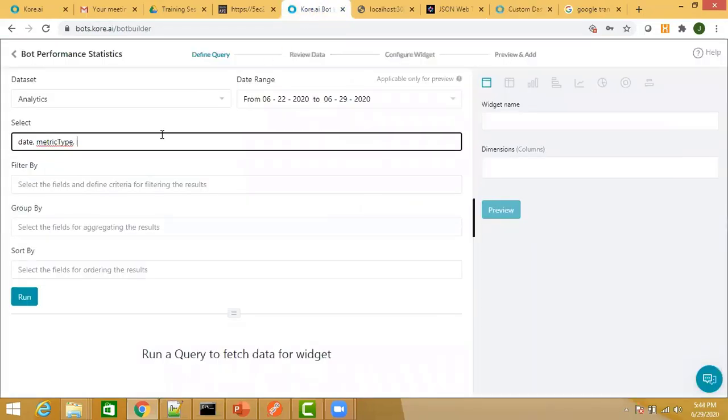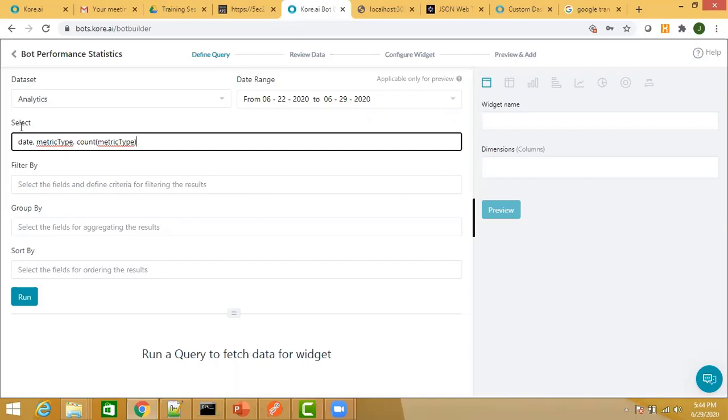And of course, within the widget, we do not display a detail, but we display an aggregate output. Okay, so I want to count how many of each type of task was handled. So I go in for count metric type. Now once we have the select command, it is very similar to SQL. So if you are familiar with SQL commands, you will see this is very similar.